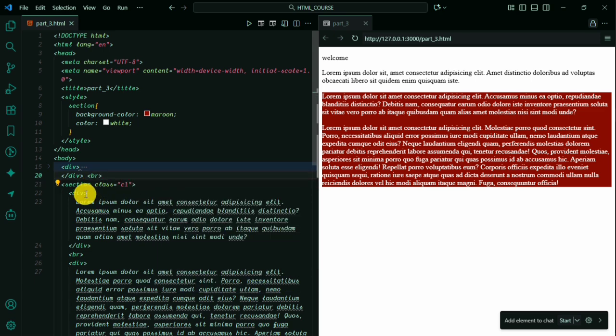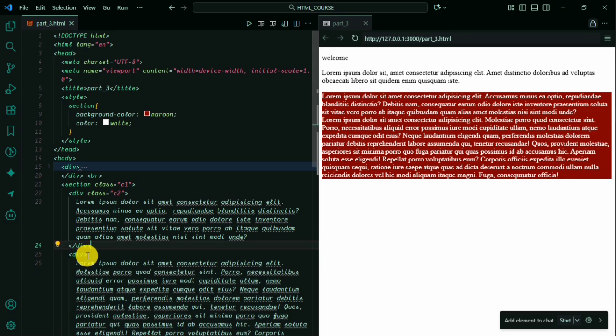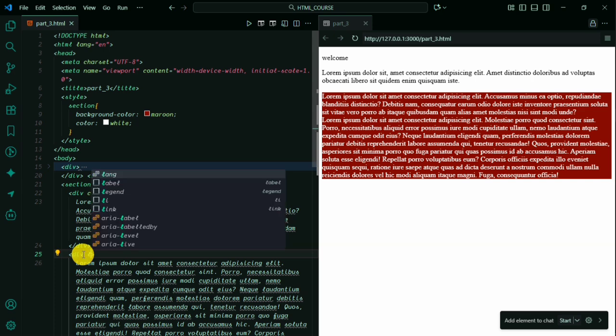So let's create a class. A class allows you to tag a specific element, even inside of another element. For example, when we have a section, we can tag the element inside of the section to style it